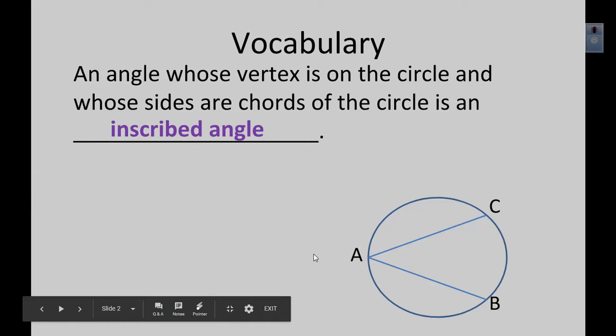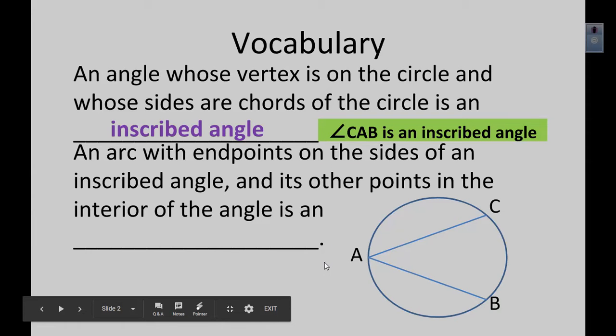Next lesson we're going to look at angles on the outside of the circle and some that are on the inside but not at the center. Inscribed angles have a vertex somewhere on the circle. It doesn't have to be directly in the middle, it can be anywhere on the circle, and it's going to open up to an arc. The arc that it opens up to is called